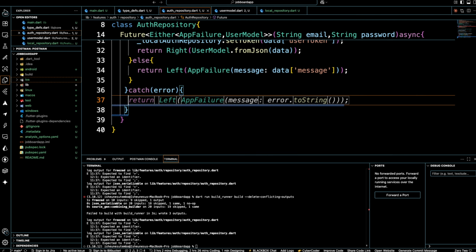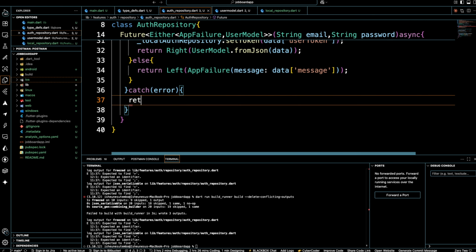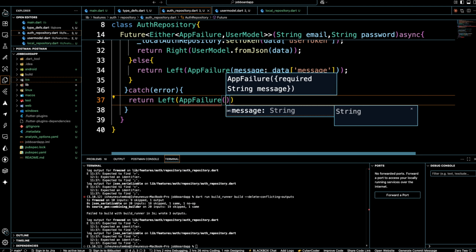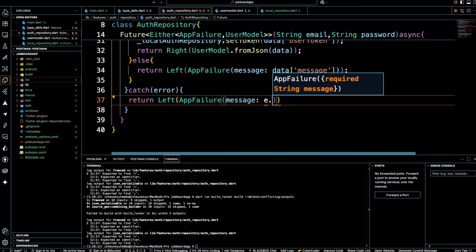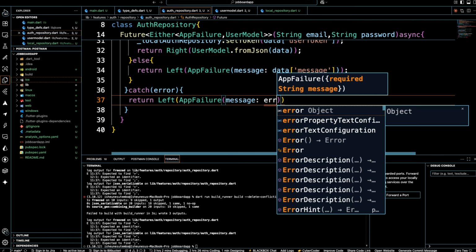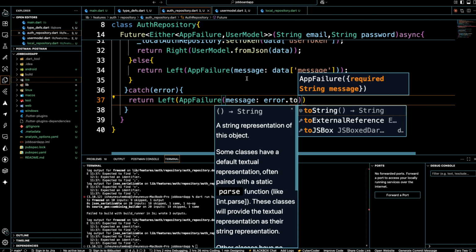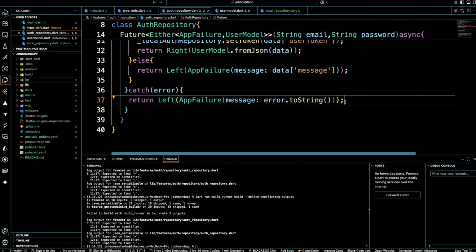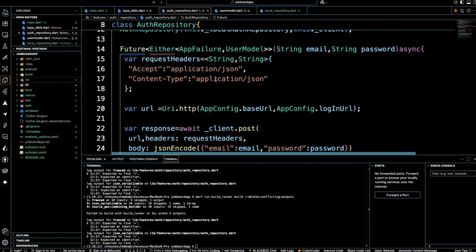Then we simply need to catch the error. To catch the error, we are simply going to return left and then app failure. And then the message is going to be e.toString, error.toString. Okay, so now that we are done with